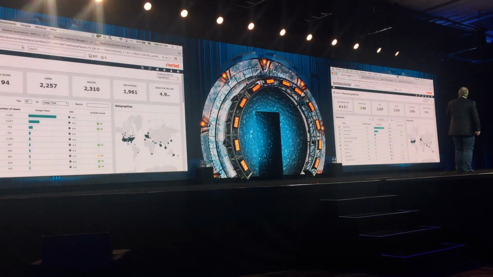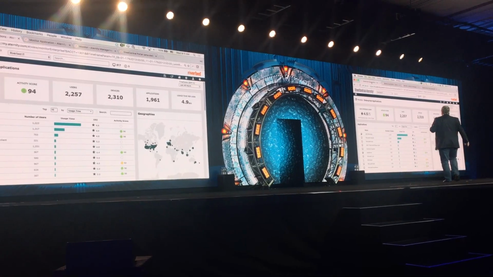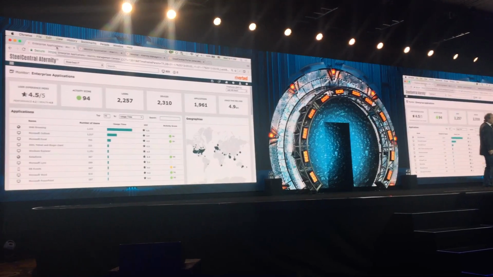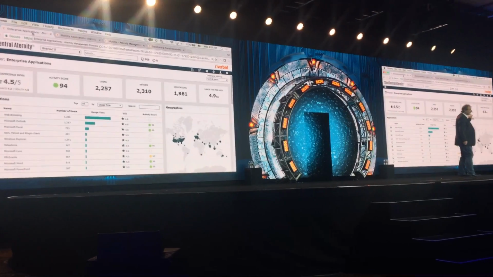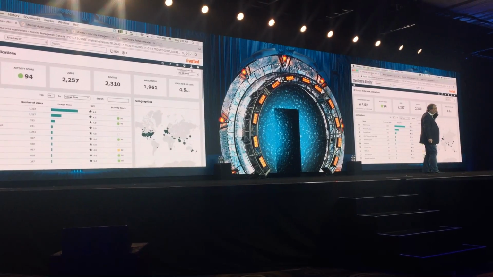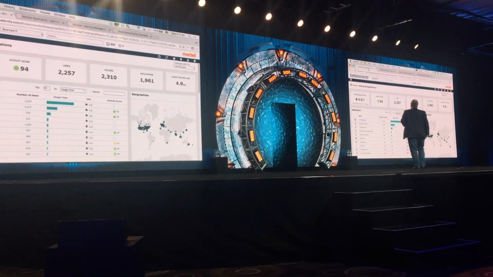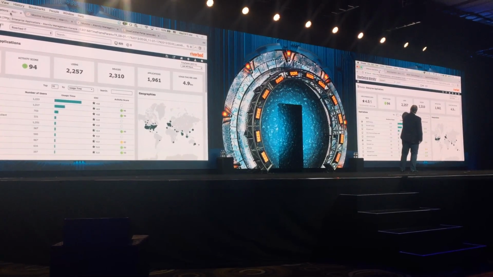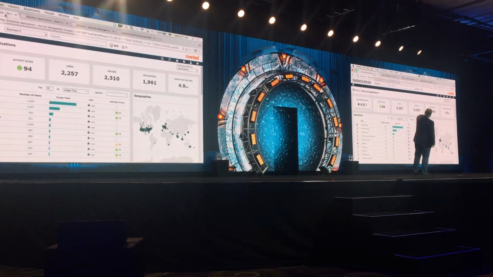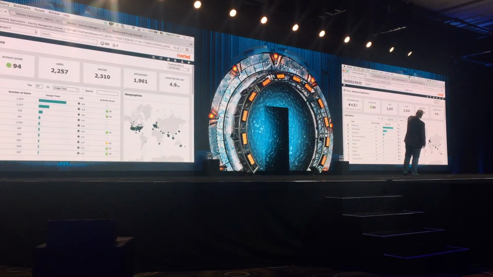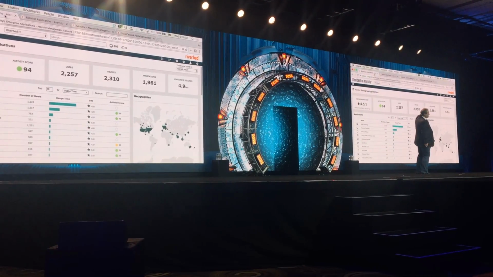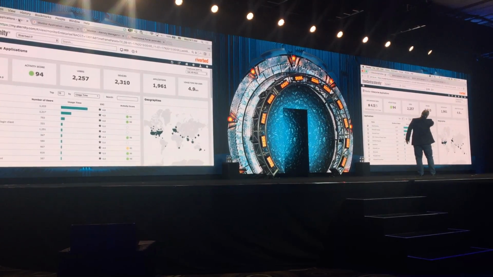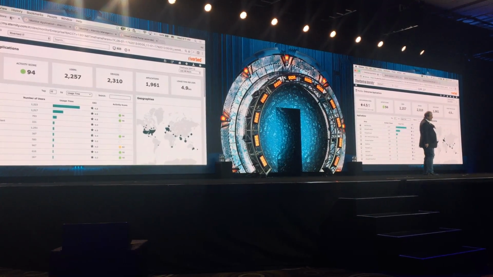Now, what I'm going to show you first is this screen. Now, this screen is a live shot. This is off our IT. This is live Aternity global Riverbed. Okay? This isn't a pre-organized thing. This is running straight off our network right now. And you can see this is where we are around the world. We've got activity score of 94. We've got 2,257 users on right now with 2,300 devices, and we're using 1,900 applications in the company right now. Okay? You can see by the green density slide over there where all that's being used.